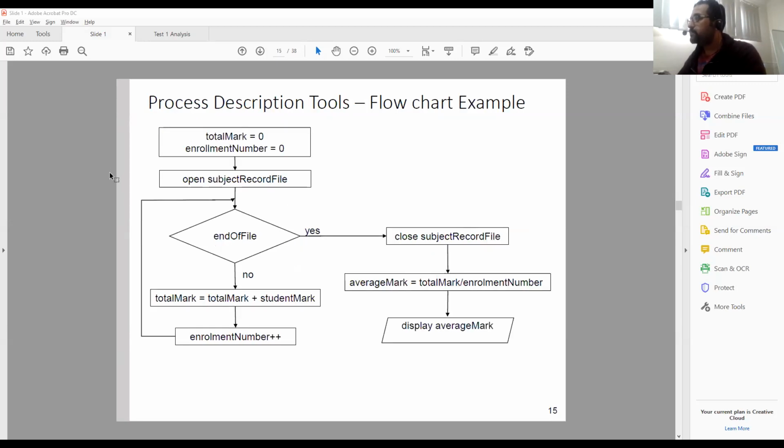All right. Okay, now let's take another example. Now we have a process: total mark equals zero, enrollment number equals zero. This is a process or action. Now open subject file. Now we have end of file. This is the same thing. So we have opened the file, the record file. Look here,